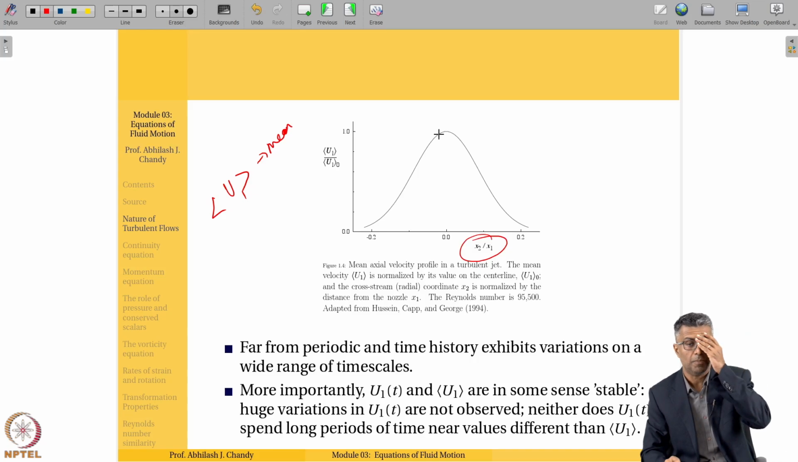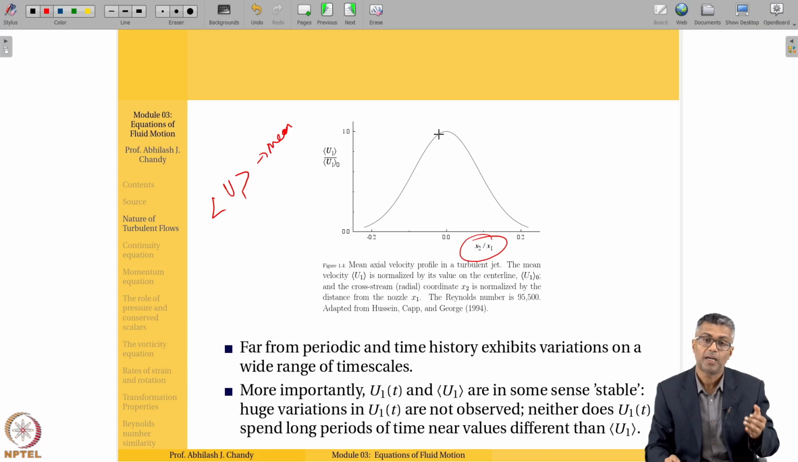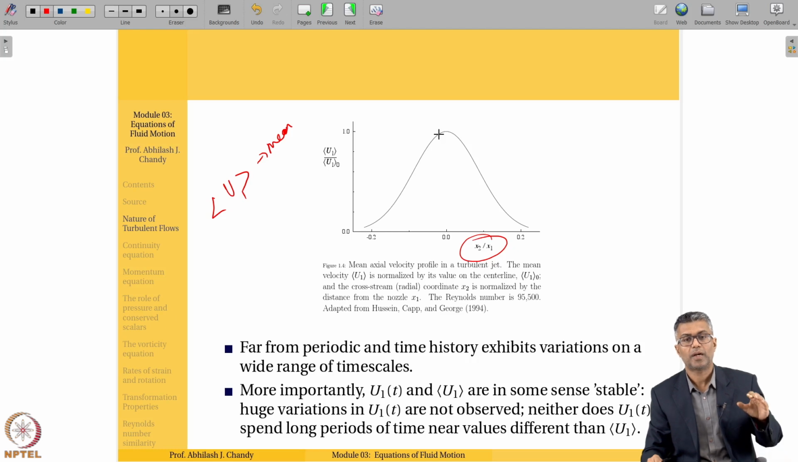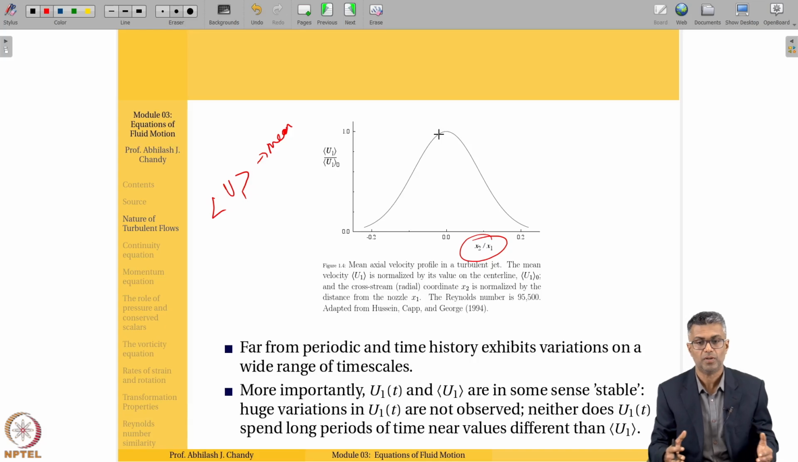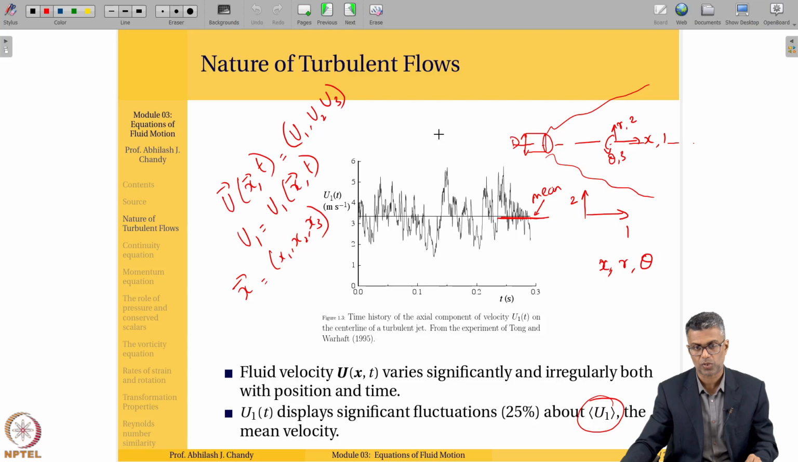So this is the mean. This is for a Reynolds number that is 95,500, so very high. Clearly this velocity behavior seems very stable. It's smooth. So in that sense, both are stable, because if I go back and look at this velocity, the